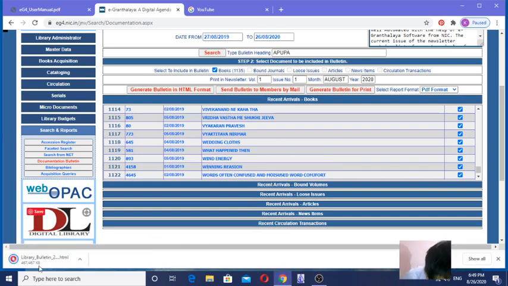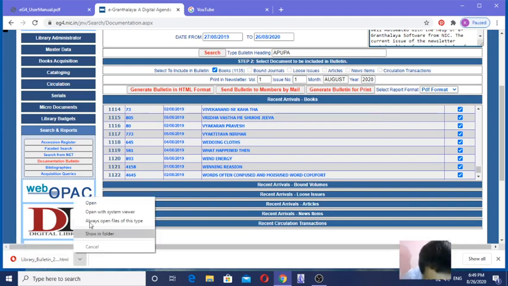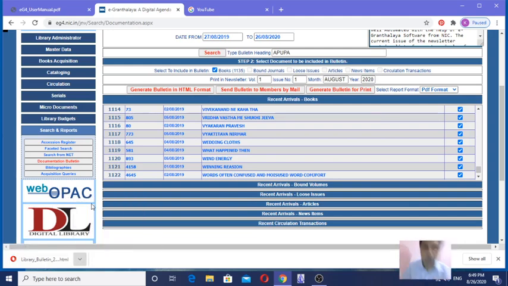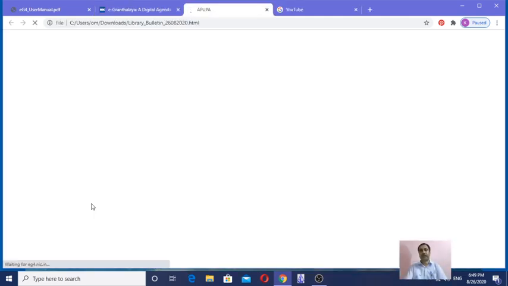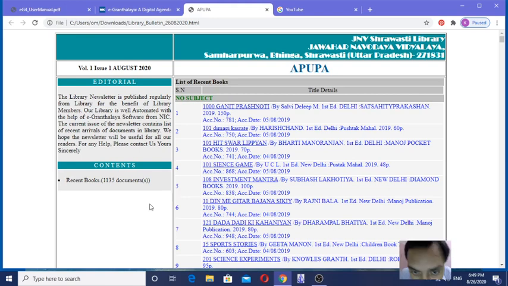See here, downloaded the HTML format. This one generates bulletin in HTML format. Bulletin has been generated in HTML format. I am going to open this one. See, this one is the bulletin.